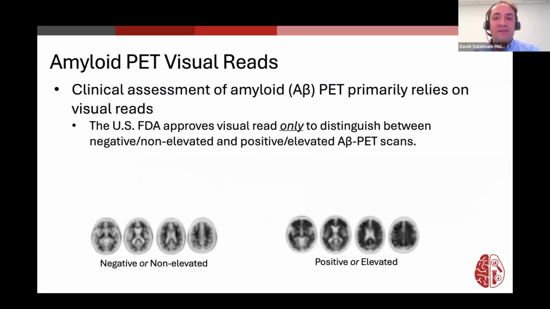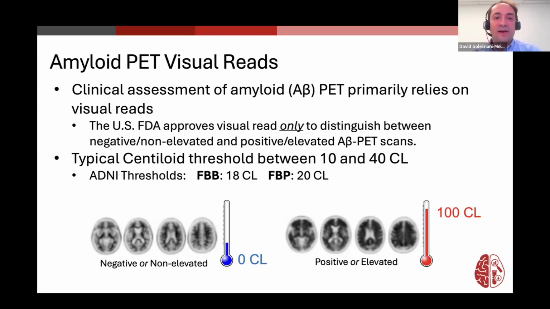The centiloid method is a widely used and accepted technique that provides a standardized quantitative measure of amyloid PET tracer uptake. And on this centiloid scale, 0 centiloids represents mean uptake in young adults devoid of amyloid, and 100 centiloids corresponds to the mean uptake in patients with mild Alzheimer's disease dementia. Quantitative thresholds used to discriminate between non-elevated and elevated scans typically fall in the 10 to 40 centiloid range. For example, in ADNI, florbetaben amyloid PET scans above 18 centiloids and florbetapir scans above 20 centiloids are considered elevated